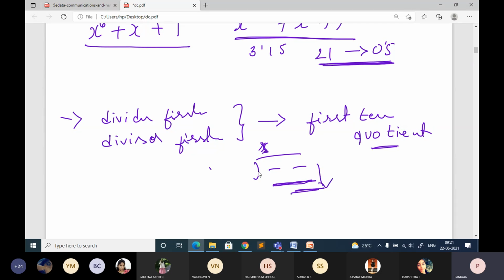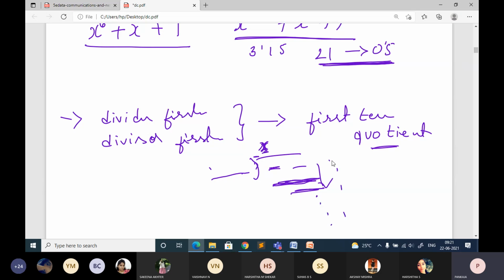Okay, so it is simple. You need to take the first term of the dividend, okay, should be divided with the divisor, you will be getting the quotient. Okay, so you take that quotient, multiply with all the terms of divisor and write that result below the dividend, then apply the subtraction. Okay, if anybody not understood, don't worry, we'll take one example for that. Okay, and you are going to repeat this process for all the terms.